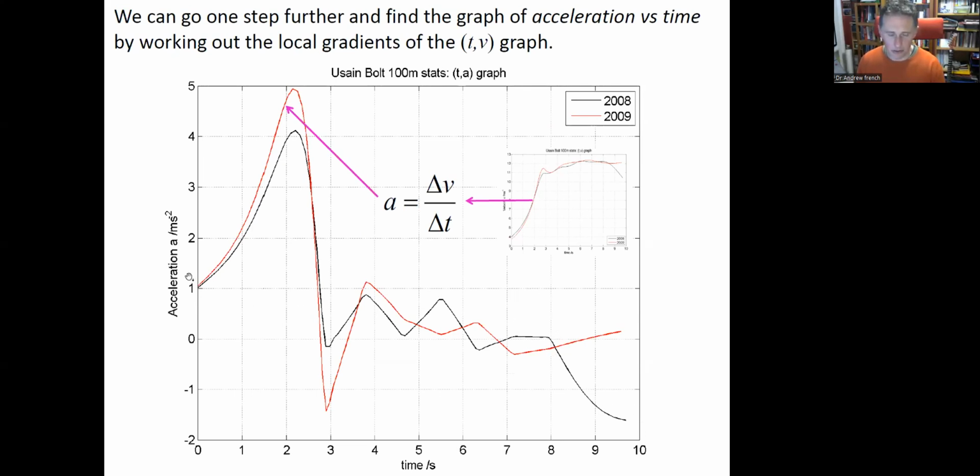So there we are. Once we've got distance versus time, you find the gradient twice, you get acceleration. And if you multiply that by Usain Bolt's mass, you've got the force on him, the net force. That's really interesting because you could then use that to understand the forces his muscles exert. You could relate that to weight training, to food, to muscular performance, all sorts of sports science. So from kinematics, from this kind of data of distance and time, we can work out all sorts of interesting stuff.